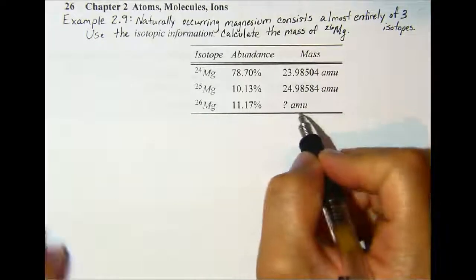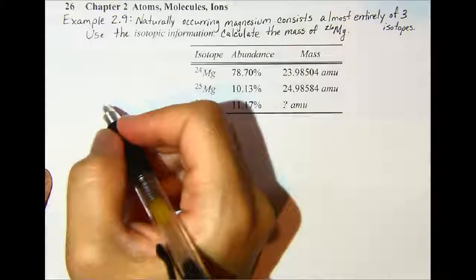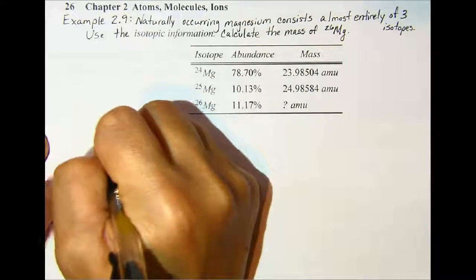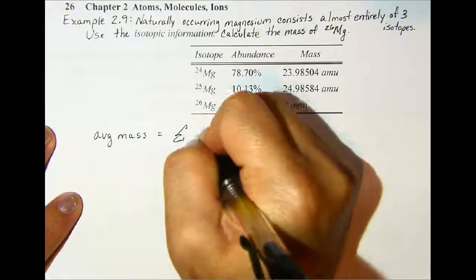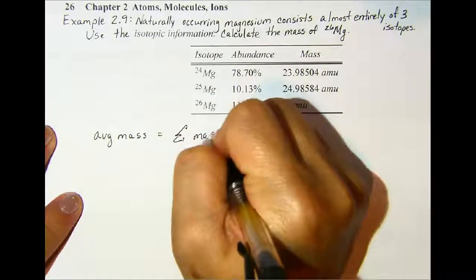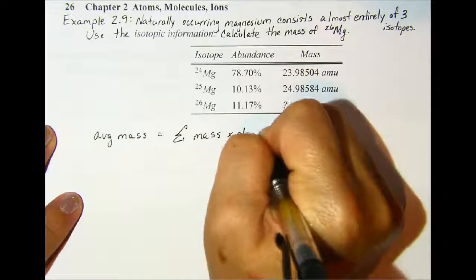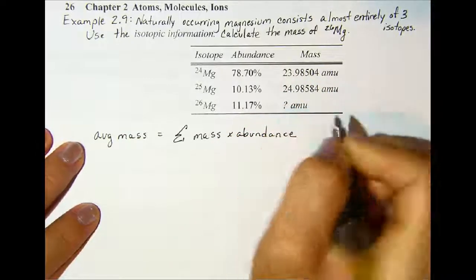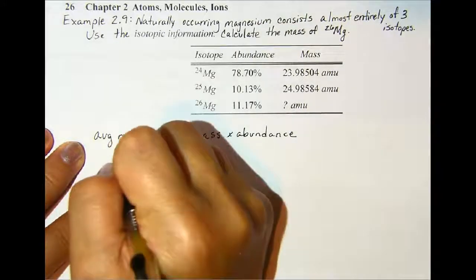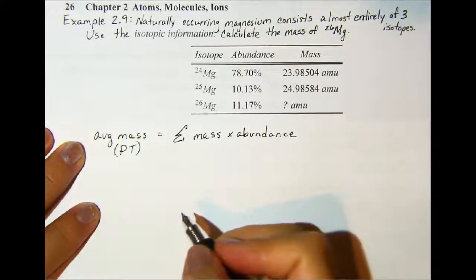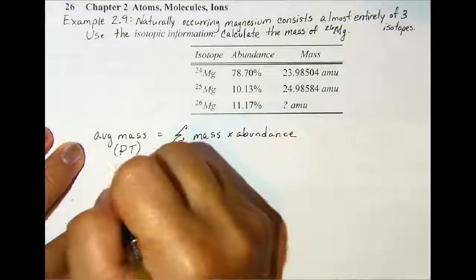We don't know its atomic mass units. So remember that the equation is average mass is equal to the sum of the mass times abundance. And what we don't know here is one of the masses. So we need to locate the average mass, which you can find on the periodic table for magnesium, which happens to be